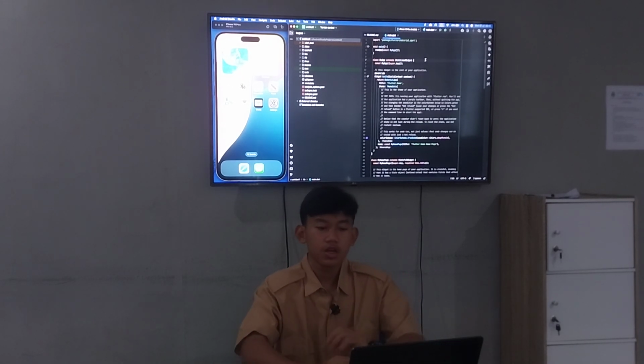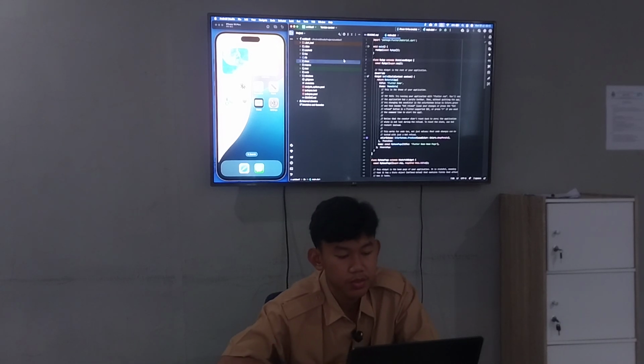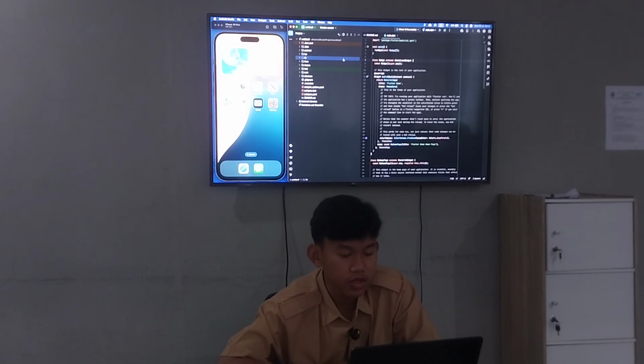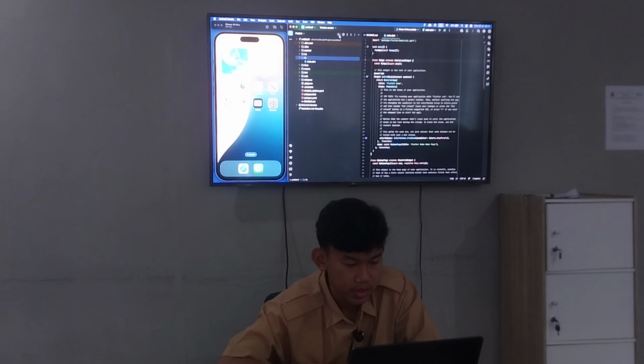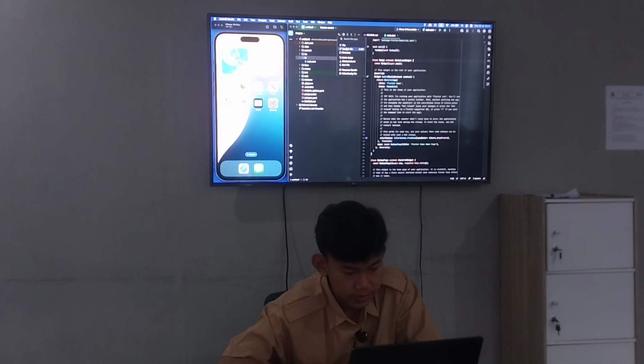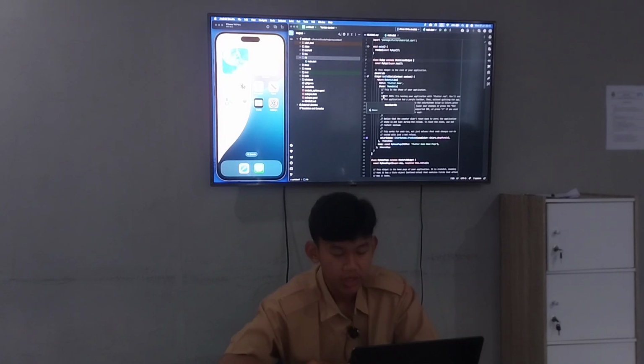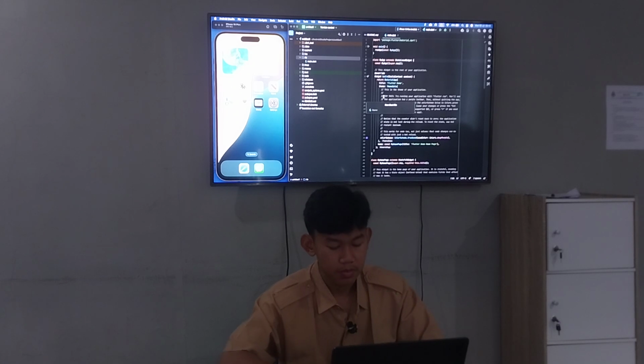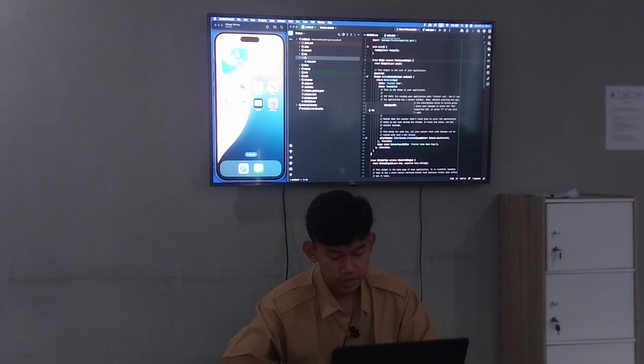Okay, the first step is you can make a file in the lib folder. Click here and search for Dart file. You can click the button here and let's make the name, that is my underscore button.